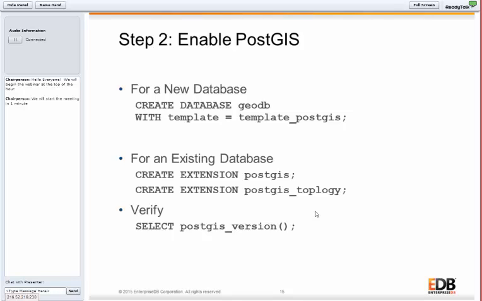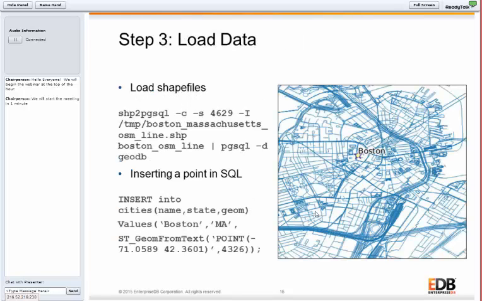All right, so we installed PostGIS, we enabled it in our existing database, we created another database. If you're not familiar, extensions are enabled by database. Postgres is installed, we're good to go. Now we need to load some data.